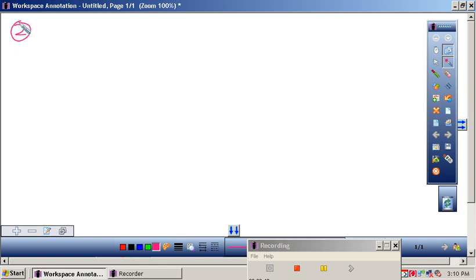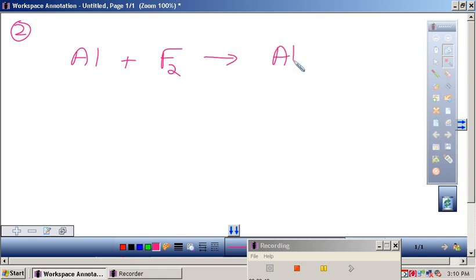Number 2. I have some aluminum reacting with fluorine. Fluorine is diatomic. That means there's always 2 in a pure substance. So now we don't get a product, we have to figure it out. Well, if we have 2 individual things, they must combine in a combination reaction. And to figure out the right formula for how they combine,